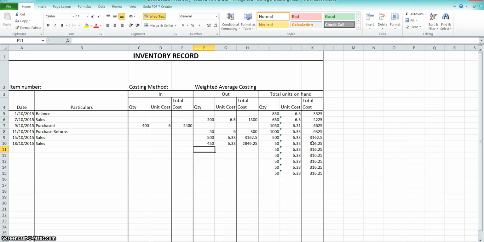Update again. So now we've only got 50 total units. I don't know what we're selling now, it told us. We've only got 50 goods left. On the 20th,